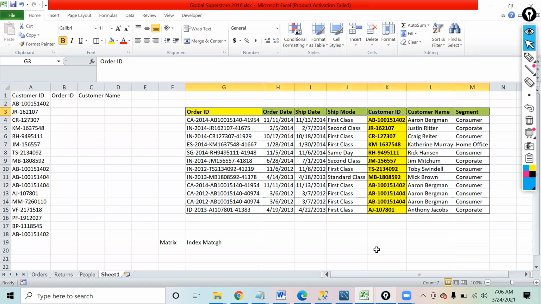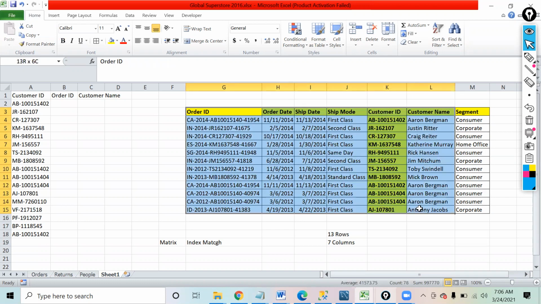Now this is the matrix that I have complete. How many rows does it have? It has 13 rows and 7 columns. So we don't have to think in terms of customer ID or anything like that. We just have to think in the context of the matrix right now. Suppose for this customer ID, I have to find the order ID.